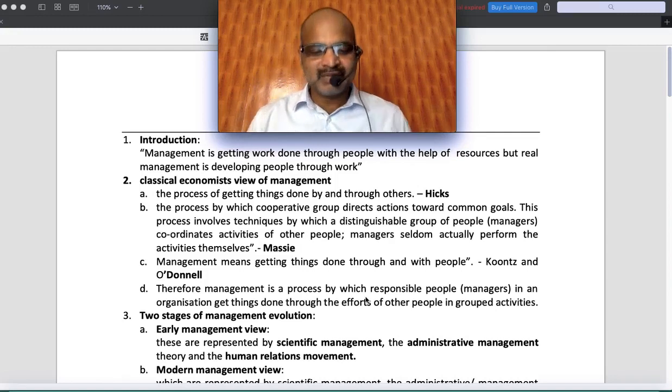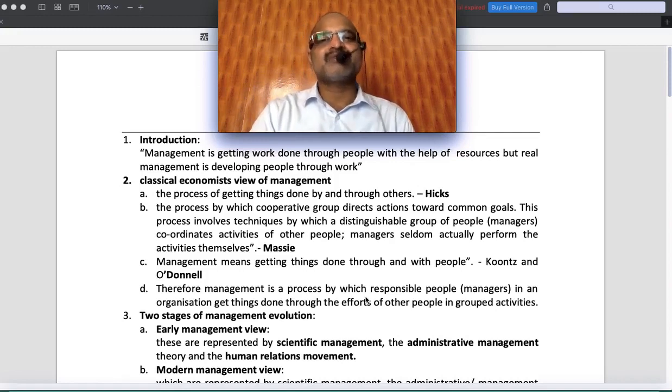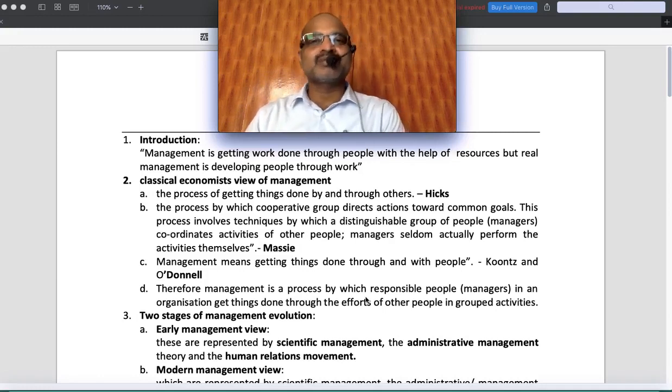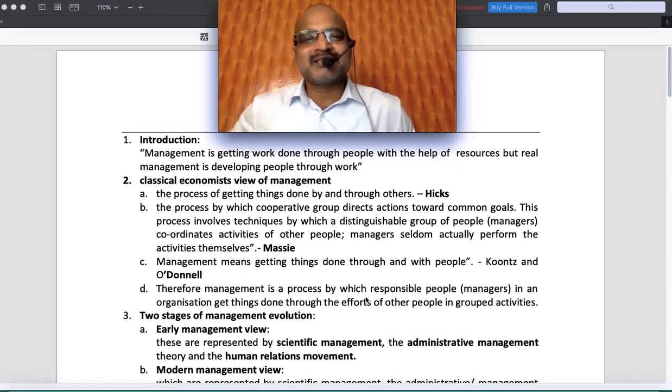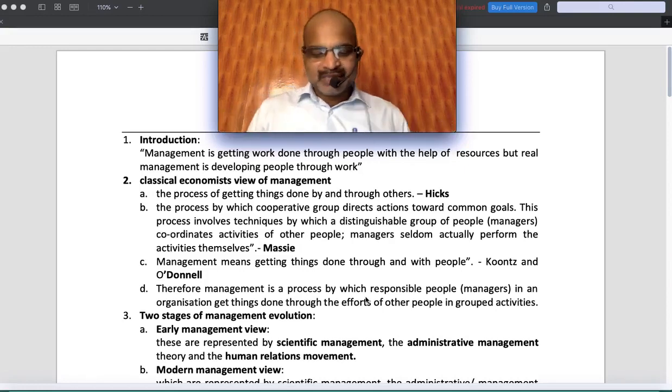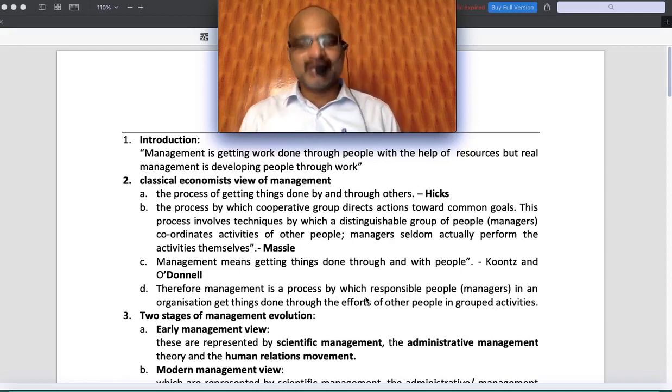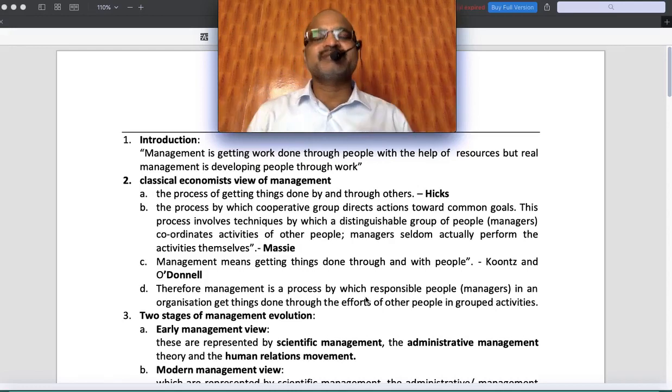Remember one thing, I have a manager in the company, and this manager has the function of taking care of operations. That means whether production is done properly or not, whether goods are exported properly or not, whether goods are produced properly or not, whether people are working properly or not, etc. So basically, he has certain things to do. Understood? Being a manager of a company, I have to ensure that the company runs smoothly.